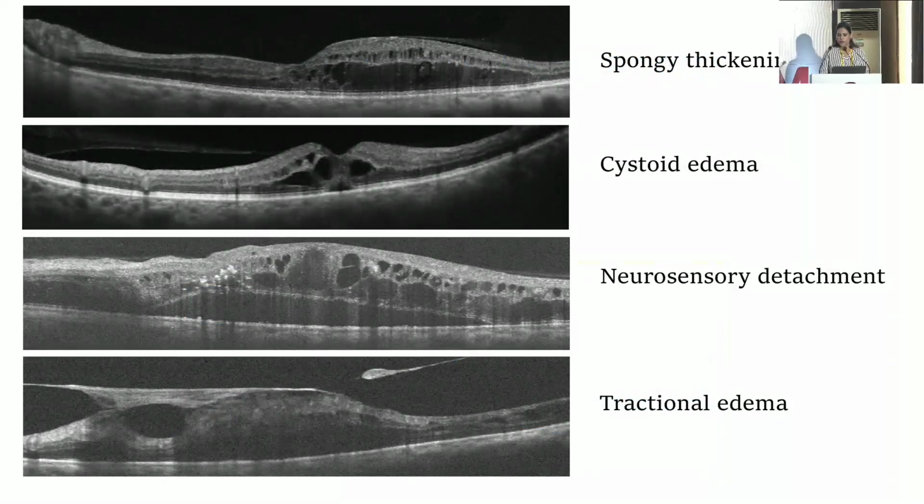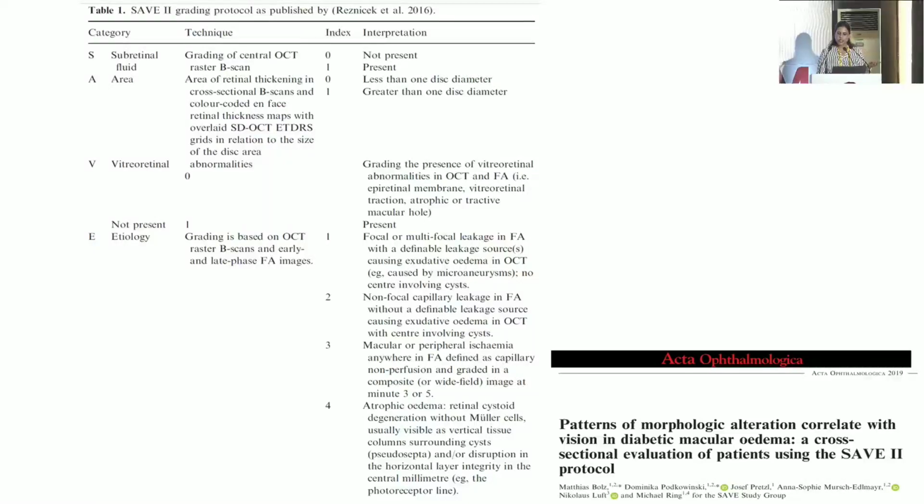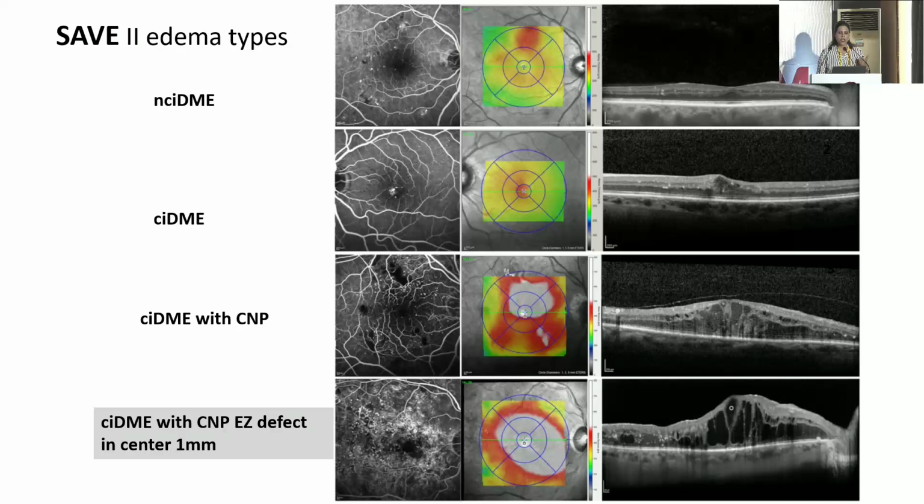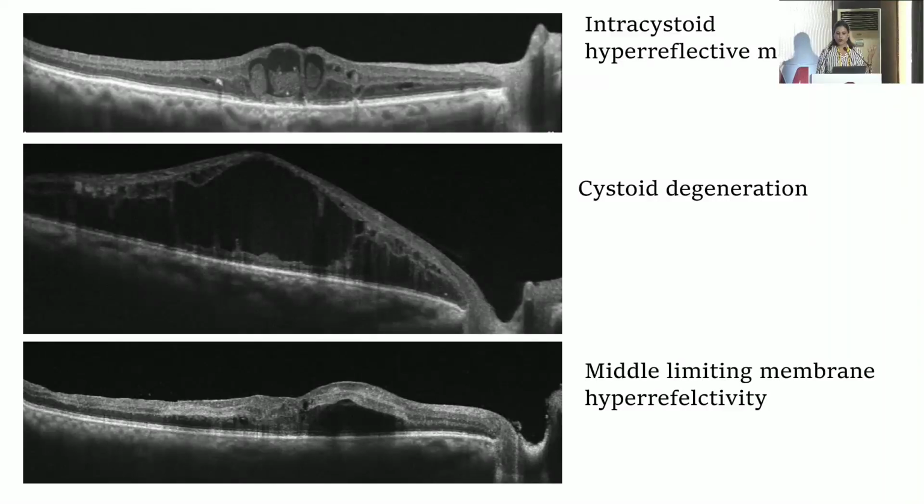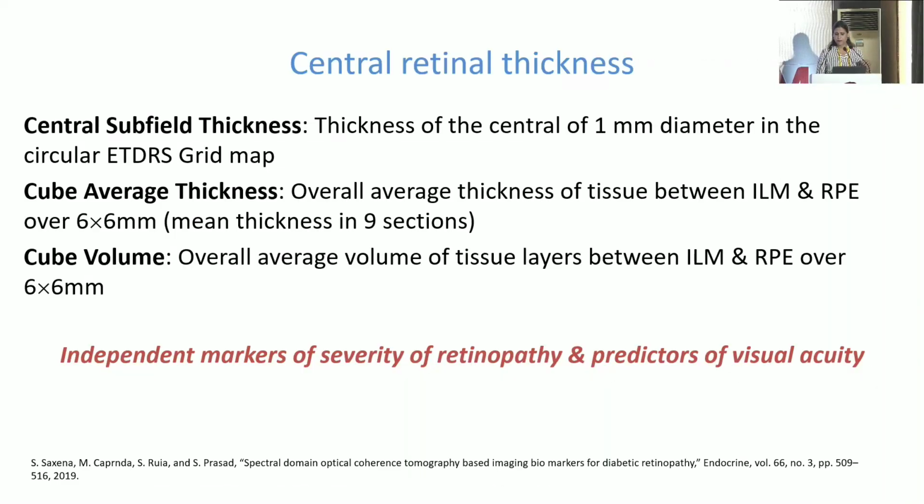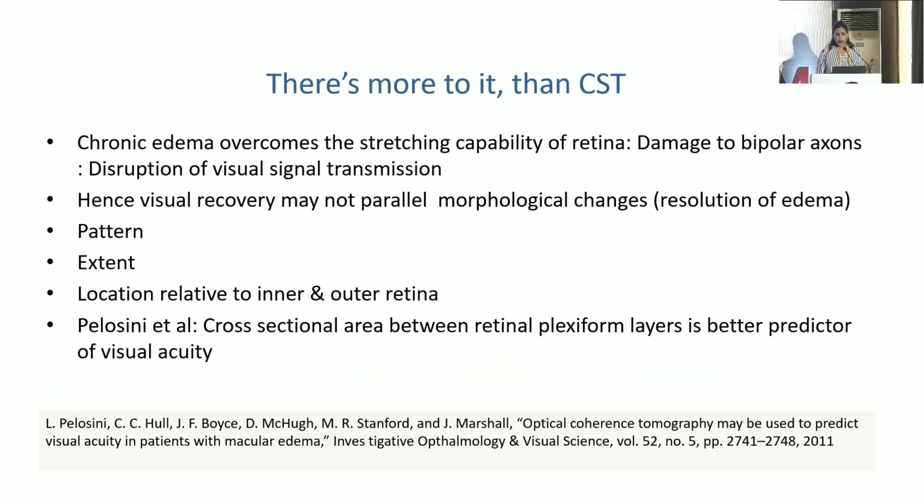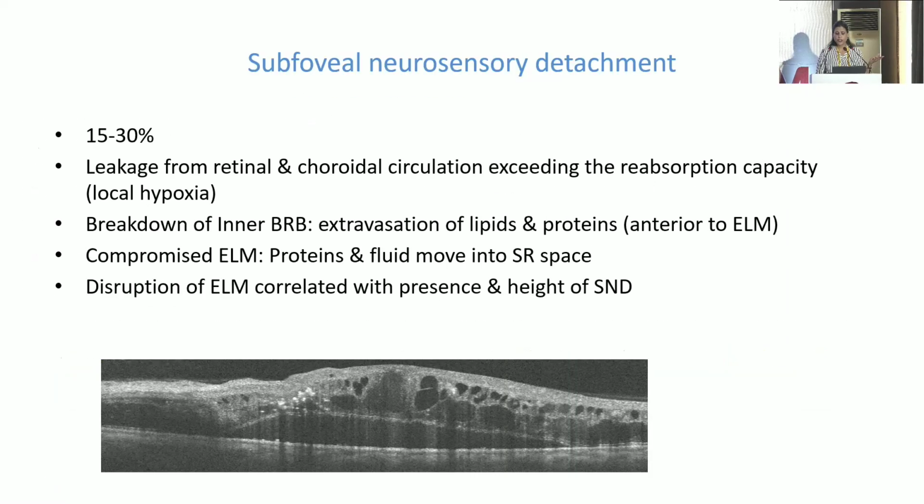Traditionally, we have been looking at these presentations of DME like spongy thickening, cystoid edema, neurosensory detachment, and tractional. But there are studies which have given us insights into other entities as well. So there are non-center-involving DME, center-involving DME with CNP areas, and CNP areas having EZ defects. Then intracystoid hyperreflective material, cystoid degeneration, middle limiting membrane hyperreflectivity. Then more than central retinal thickness, there are other entities we look at, like subfoveal neurosensory detachment,